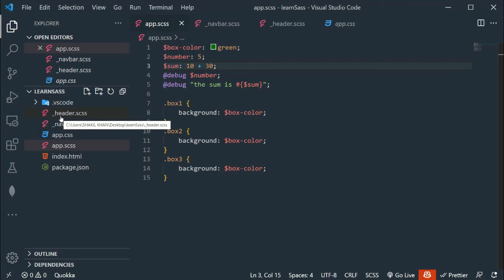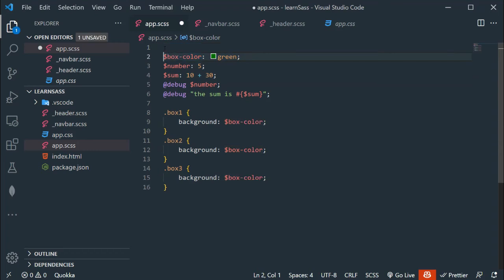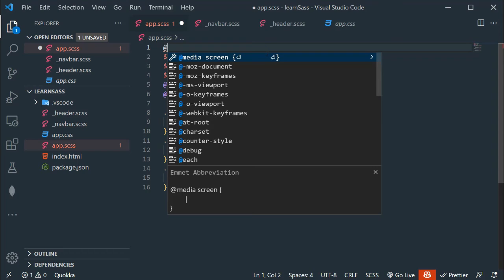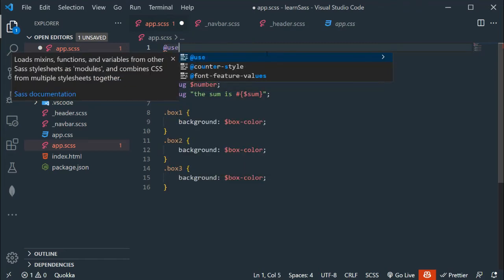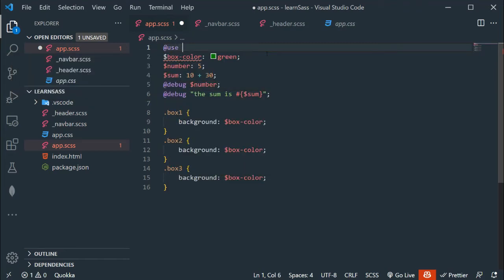All rules start with the at sign. After the at sign we have to add the use keyword. After the use keyword we can add double quotes or single quotes. Now semicolon. Inside the quotes we have to add the module name.